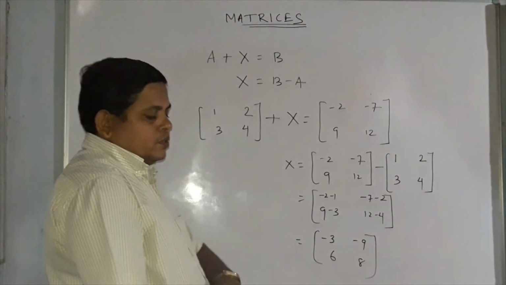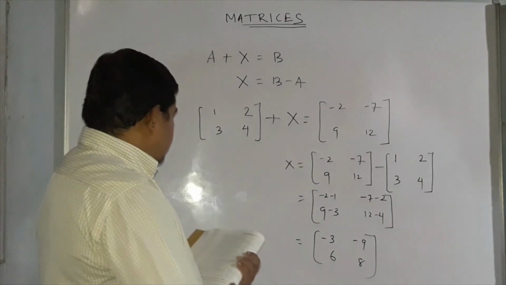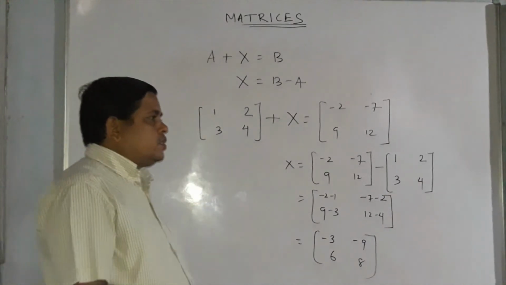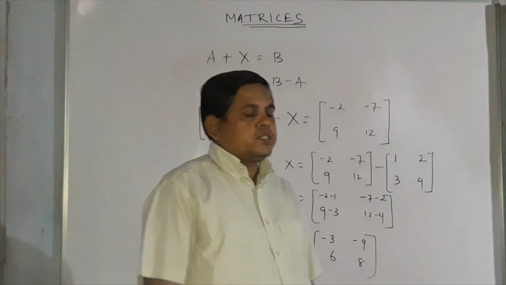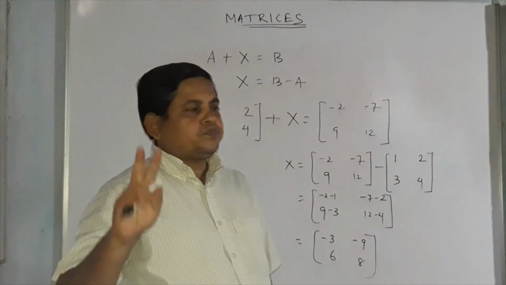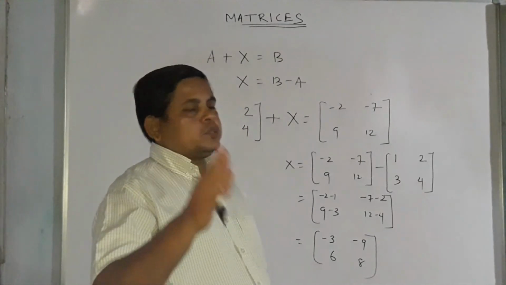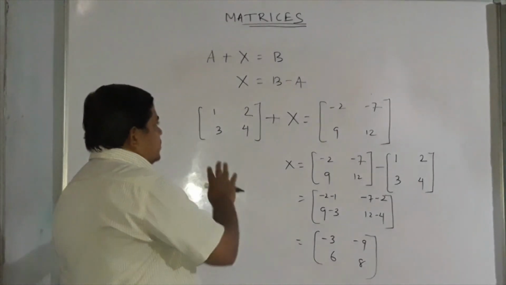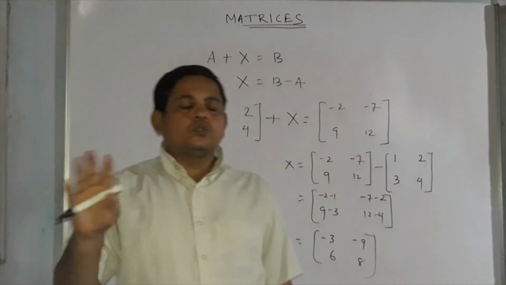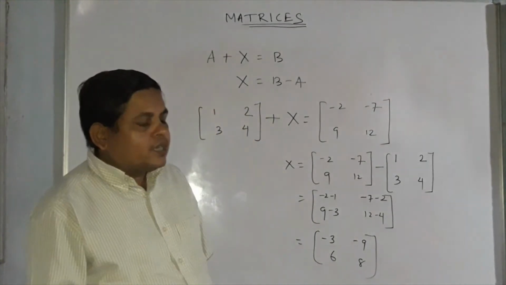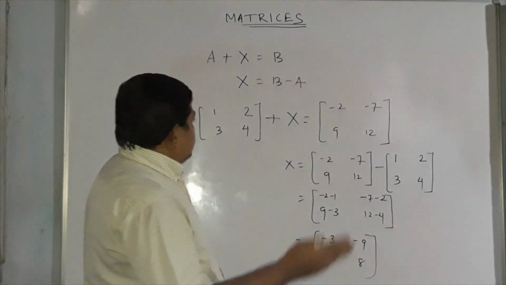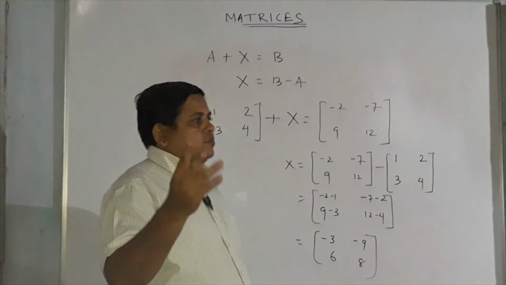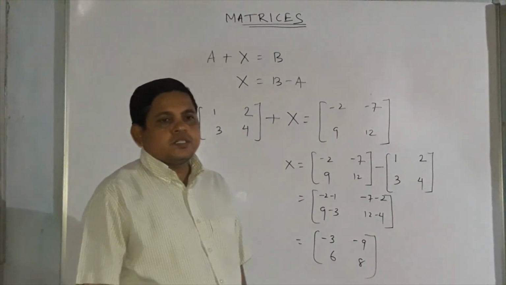Is it clear? In this way we will solve all the sums, so go through all the exercises in the book you are following. Next we will see the multiplication of a matrix by a scalar and the product of matrix by matrix. I hope you understand this part. You may say, sir, this part was taught a little speedily, but it is very simple, so just go through the book and you can get everything. The second part is important, so we will go a little slower, and you can understand because it is a very easy chapter, and you will get one or two questions in the book.